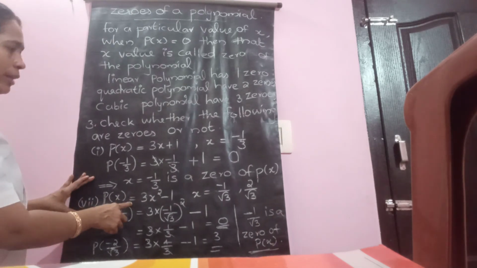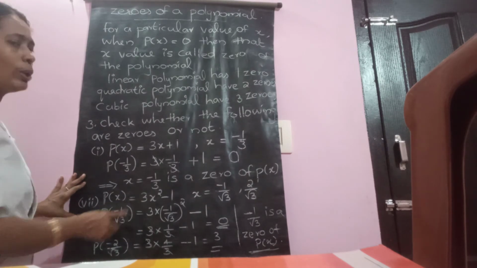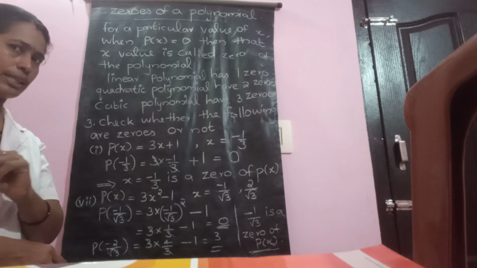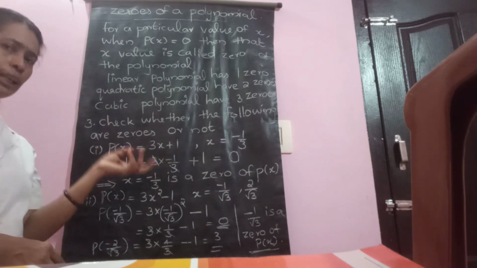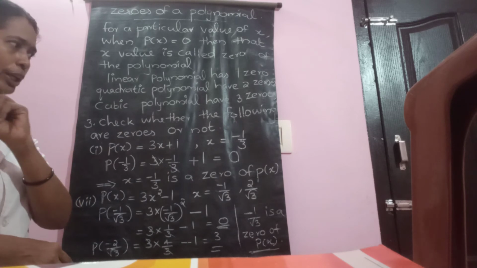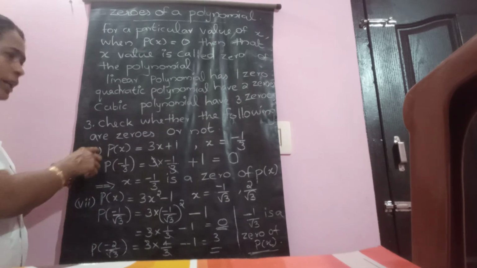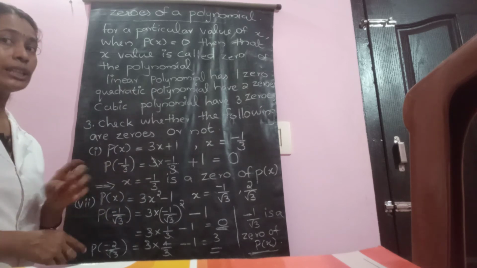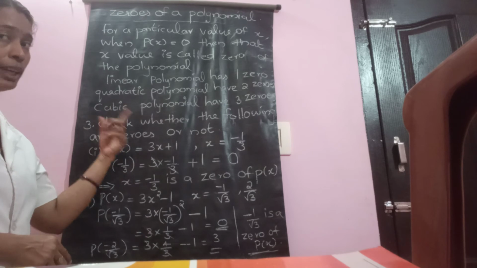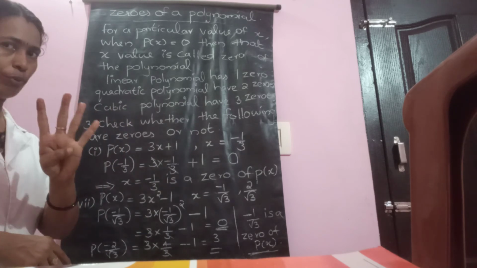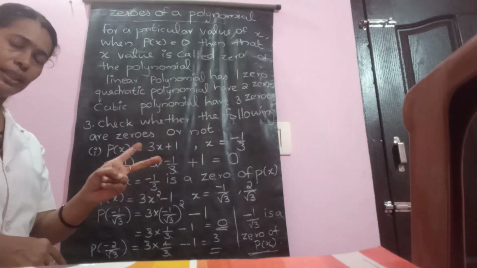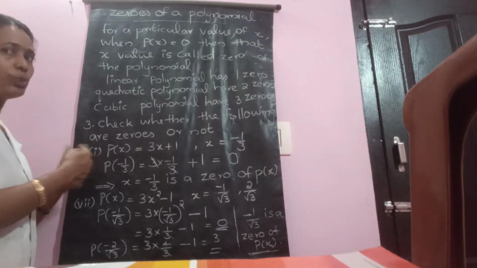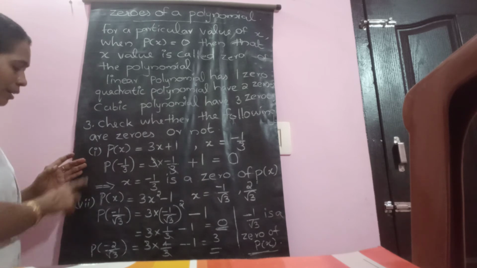P of x equal to 3x square. Sorry, I think I have made a mistake. For the last question the teacher told the second one. There are only 4 questions, I think. And 1 or 2 the teacher will answer, only the remaining 2 questions remain for you. But I think in the third question there are 8 questions coming. 2 of them answered, the remaining 6 questions you need to answer. In the previous question, the second question, there are only 4. 2 of them are already answered by the teacher, and you only need to answer 2 questions. I have mixed up 2 and 3, the number of questions.